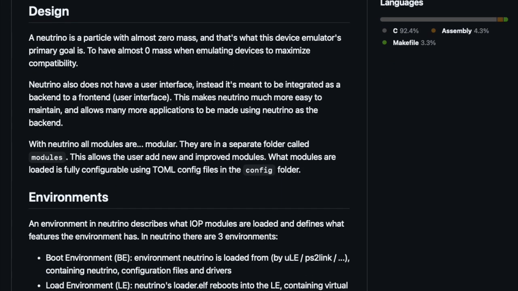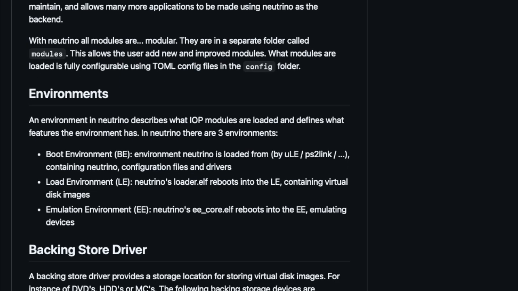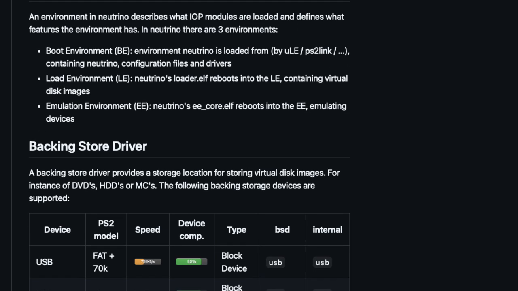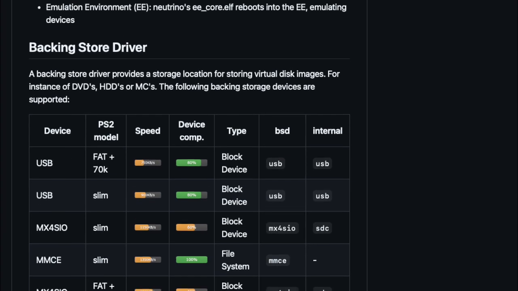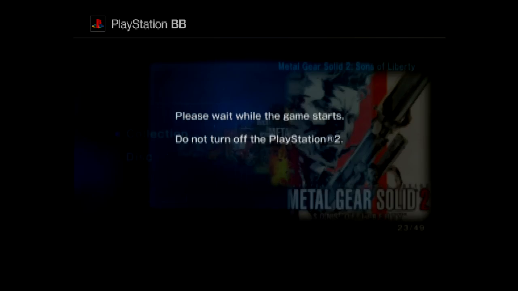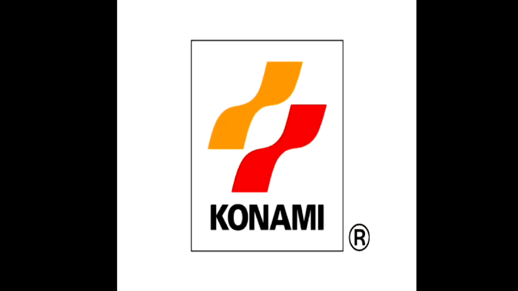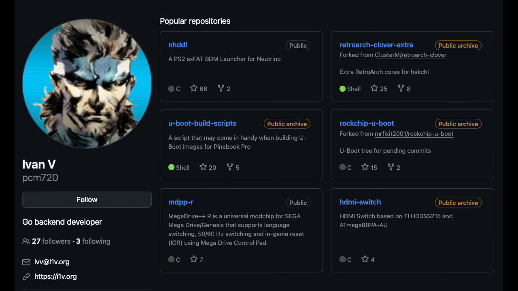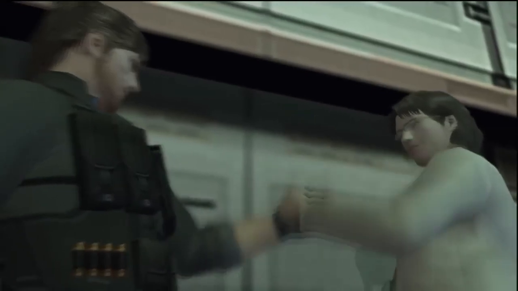Neutrino is a small, fast and modular PS2 device emulator and can be used in place of OpenPS2 Loader to launch PS2 games. Using Neutrino instead of OPL should resolve the issues that some users were facing when trying to launch PS2 games. I teamed up with PCM720, the developer of the NHDDL Neutrino launcher, to bring to you the